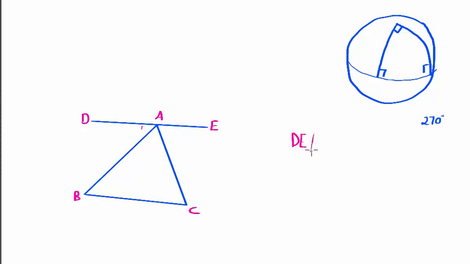Okay, so in this proof, I want to prove that these three angles together make 180. So I draw line DE parallel to line BC. Now, if these two lines are parallel, what can you tell me? Equal gradients. Sorry? The equal gradients. No, that's analytic geometry. So we don't use any gradient or distance formulas or anything like that because that requires x and y. This is true anywhere, on any space, on any surface, whether in the Cartesian plane or not. Okay. No, this. B is equal to A1.